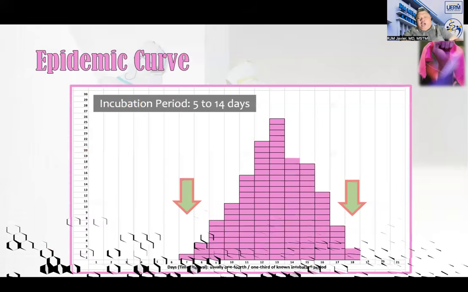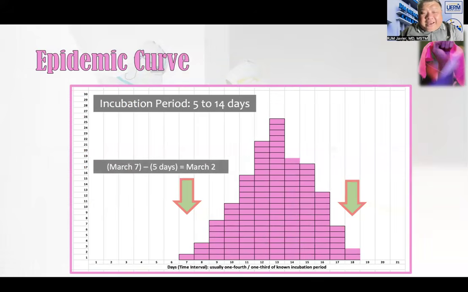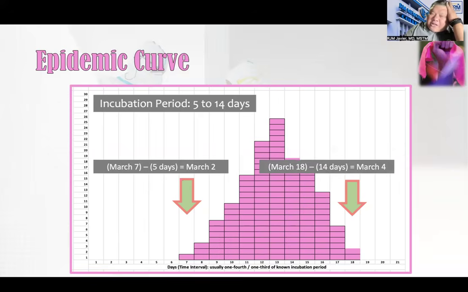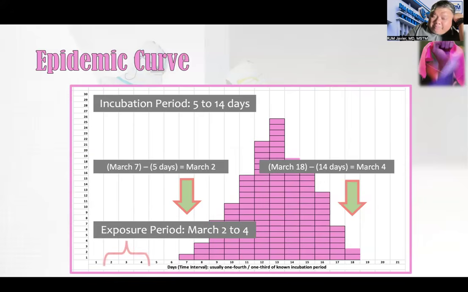So again, if this were your graph, March 7 is the date that the first reported case was documented. The first day minus the lower limit of the incubation period, which is 5 days, will give you March 2. And if you look at the other end, March 18, the date of the last reported case, minus the longer upper limit of your incubation period, which is 14 days, will give you March 4. So the exposure period is sometime from March 2 to 4, several days before the first